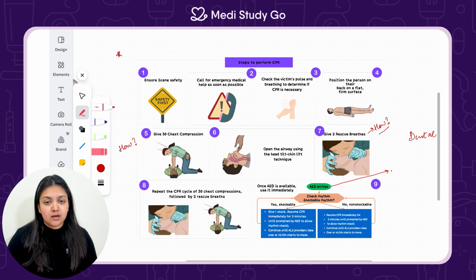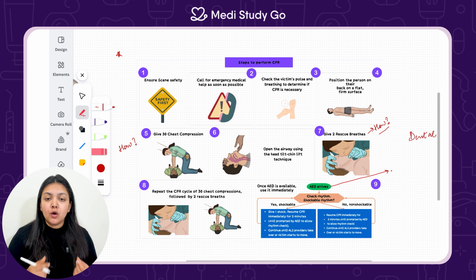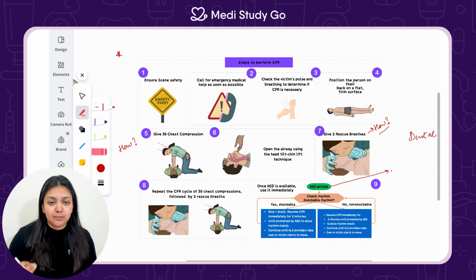Now imagine this scenario. You're at the site of an accident, you want to save the patient, you want to do CPR. What is the protocol? This is the basic thing which we are taught in BLS courses, the basic life support courses, but I am going to tell you how it is to be performed so that you know each detail about the CPR